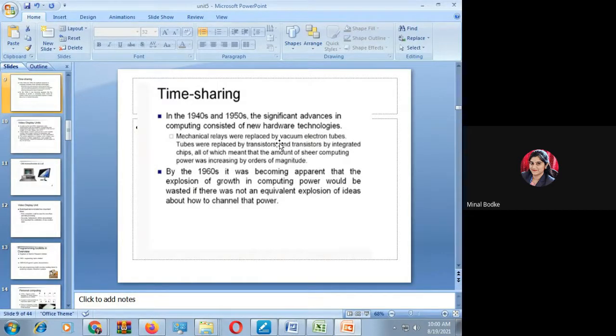Each and every user who wanted to access a PC was given an equal amount of time to perform their task. Because of this, the interaction between computers and the user increased again. In this case, the user needs to sit in front of the computer and do their jobs. This was your second generation, that is nothing but your time sharing system.